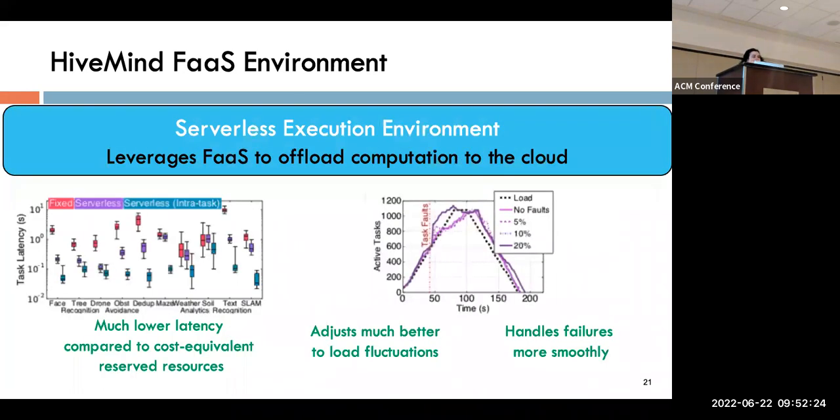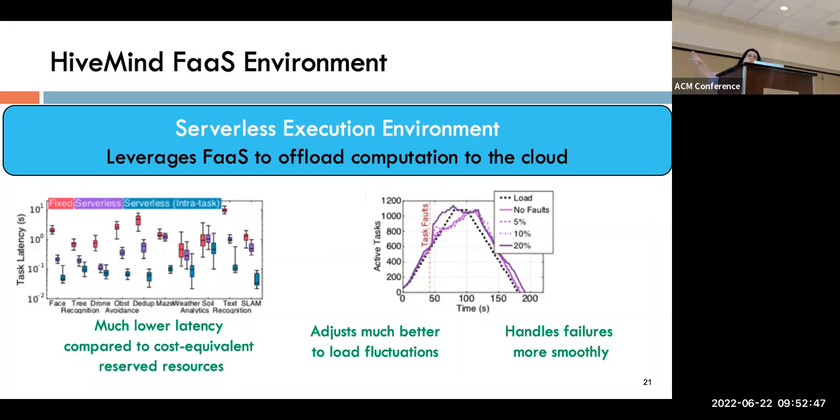Now, for computation that runs in the backend cloud, we still have to either design or identify an existing execution environment or deployment strategy that matches the fine-grained, intermittent, short-lived, and highly data parallel nature of IoT tasks. Function as a service or serverless does that, and it offers both opportunities and challenges when it comes to offloading IoT tasks to it. This slide shows the opportunities.